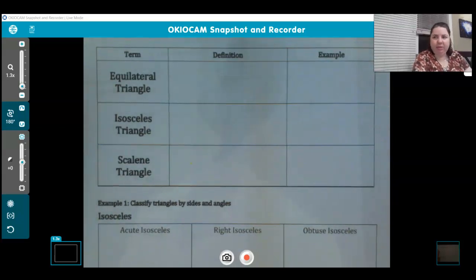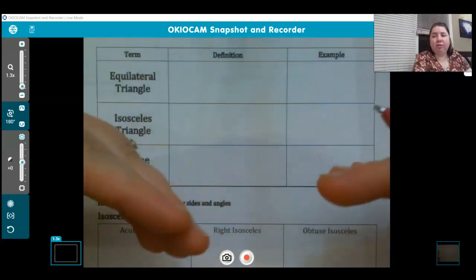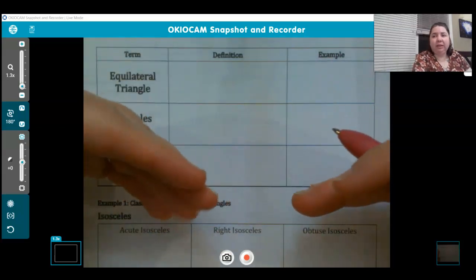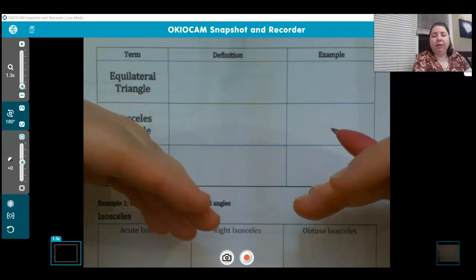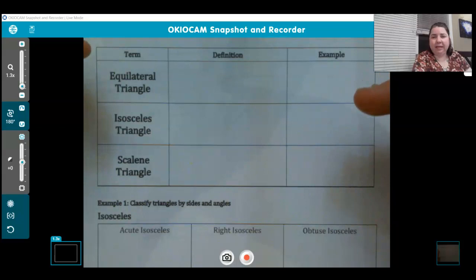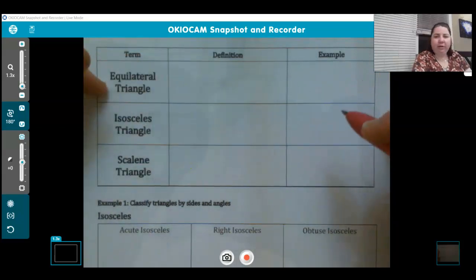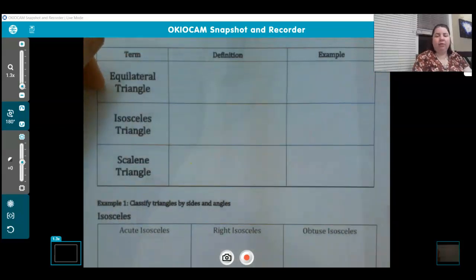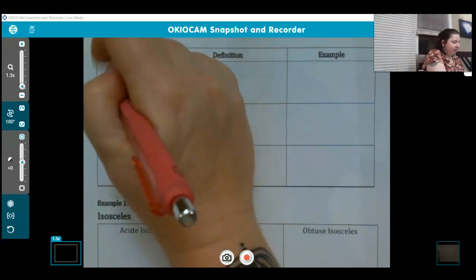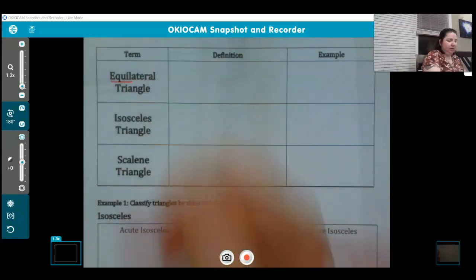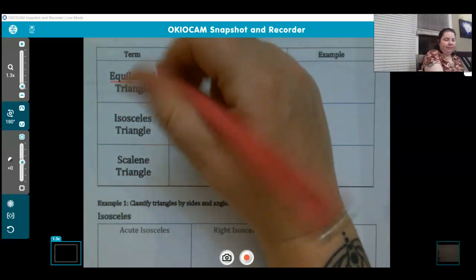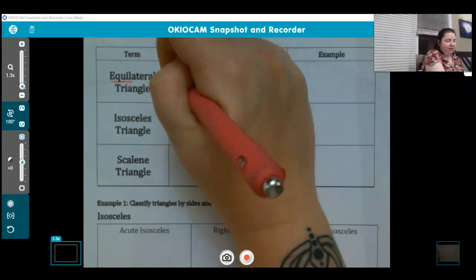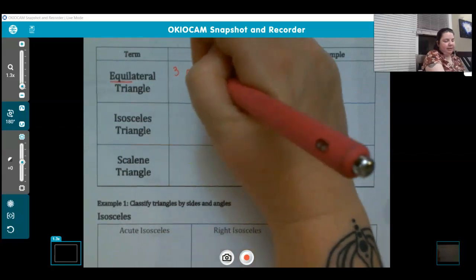So yesterday we talked about, or you talked about with the sub, how to classify triangles based on their angles. Today we're going to talk about how we can classify triangles based on their sides. Our first one is an equilateral triangle. If I look, this looks like it has the word equal in it. So the definition of an equilateral triangle is 3